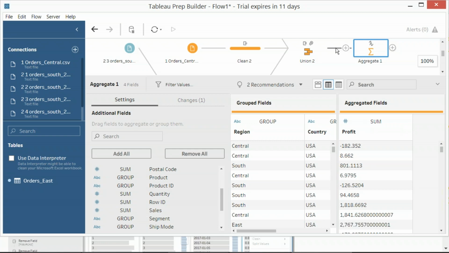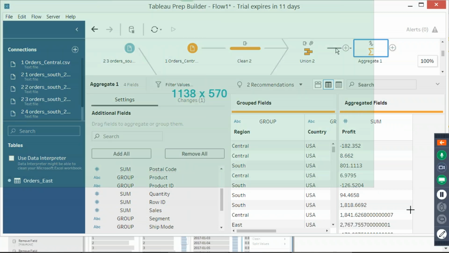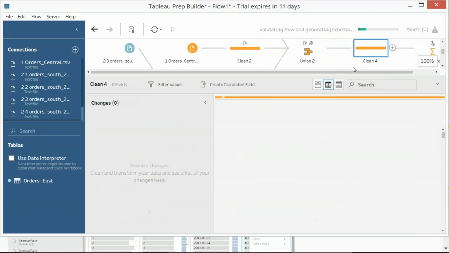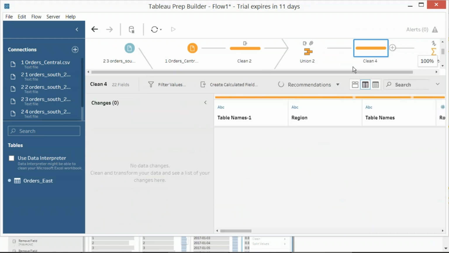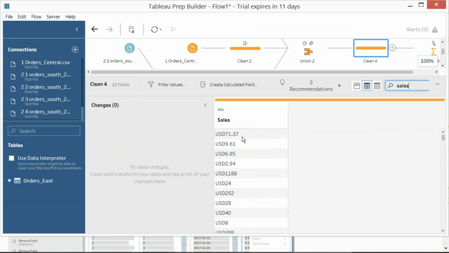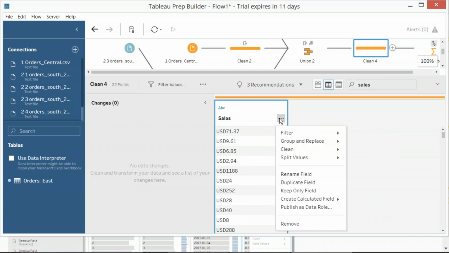See there, friends, something new. Let's learn carefully. There is a nice option in Tableau called plus symbol. We can insert, this one, friends, insert a clean step. We are inserting a clean step, and what that will do? Yes, we are talking about sales. It is ABC.